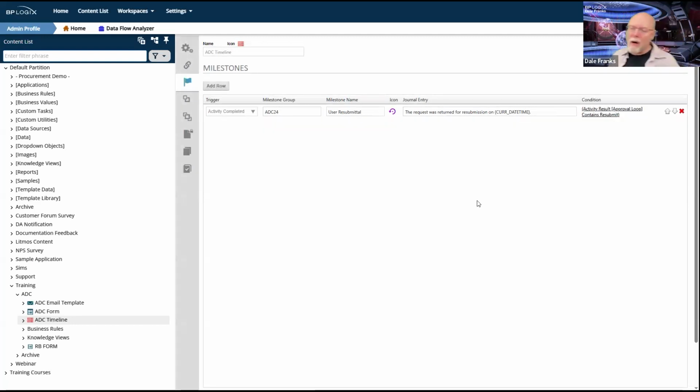But I can do the same thing multiple ways to produce these milestones in Process Director. Okay, so I've got a process timeline milestone, and there are other milestones that I might want to create here. I might want to throw in what the user comments were. If there were any signature comments, I might want to throw them into a milestone.